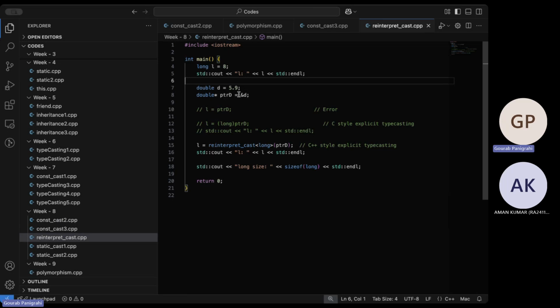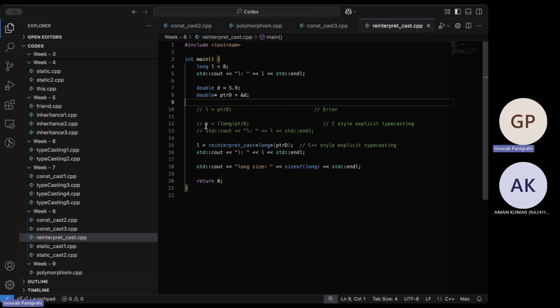I have a long which can actually keep the address of D. If I try to store the pointer D in L, both have the same amount of data, but implicitly C++ won't allow this, so it's an error. What one can do is explicitly cast it as a long and then store it.